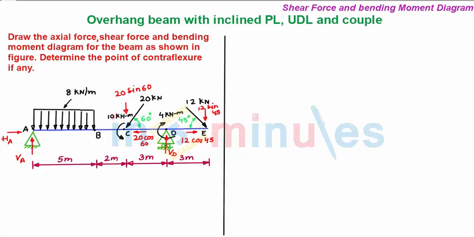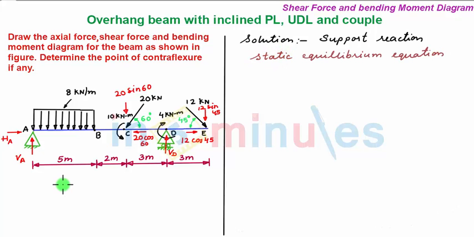So now let's solve the problem. Our first step is to find out support reactions. So we make use of static equilibrium equation. Now since there are three unknowns with VA, HA and VD, we require three static equilibrium equation to determine all